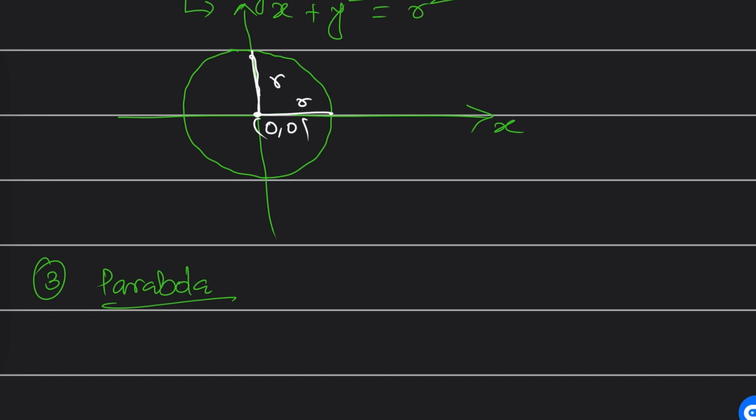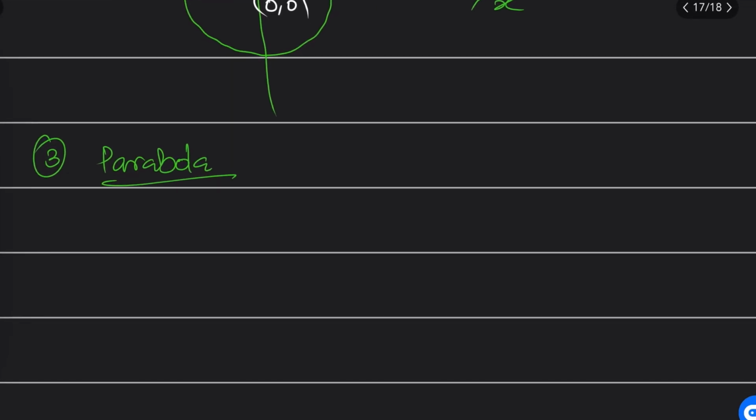You might have seen the parabola many times. A quadratic equation, ax square plus bx plus c, gives a parabolic curve. We already discussed in part 1 or 2 what a parabola and a quadratic equation are. Now I am going to discuss the nature of the curve here.